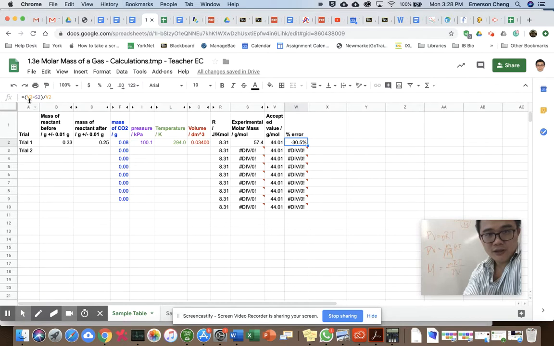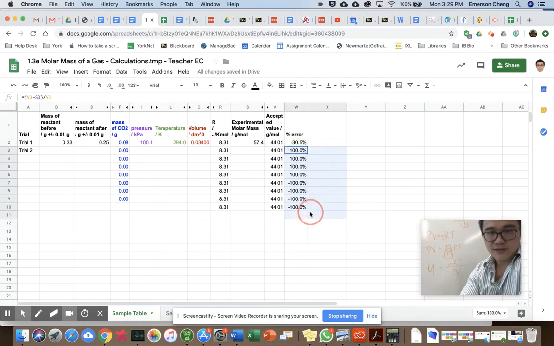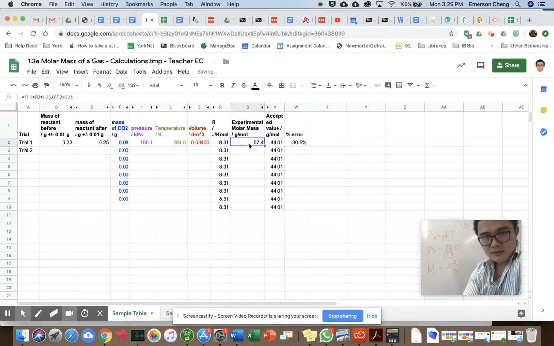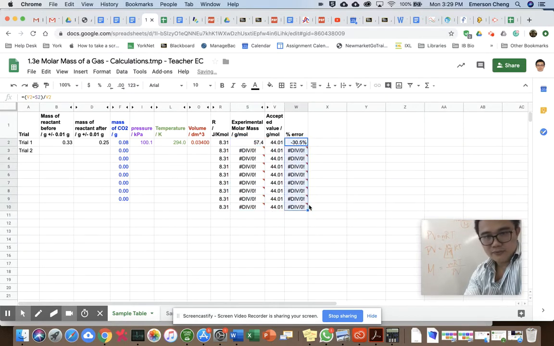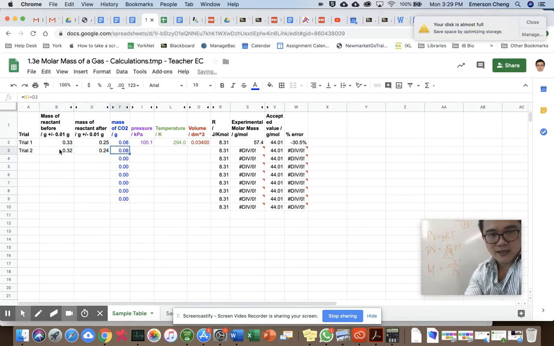Again, if you look, percentage error is your accepted minus your experimental. So V2, this cell minus this cell, divided by your accepted value, and turn it into a percentage, it looks like this. Okay? So I'm going to delete all this here. So again, once you have this set up, you can just drag this down. So let's say next one, if I have this data again,